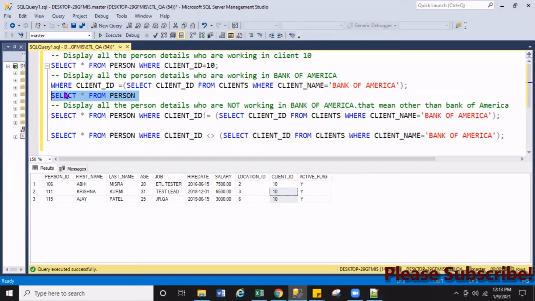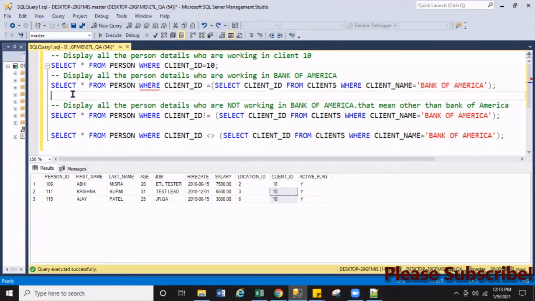If I run this query, exactly the same thing is displayed, right? So what we did here, instead of passing the direct value, we wrote the subquery, and the subquery is giving only one row and one value.